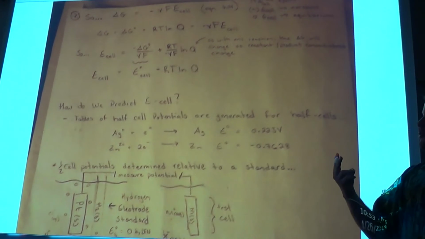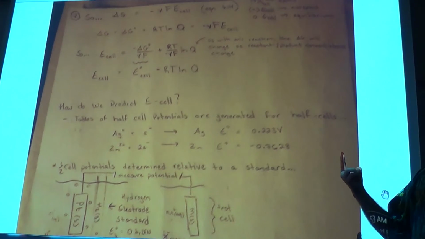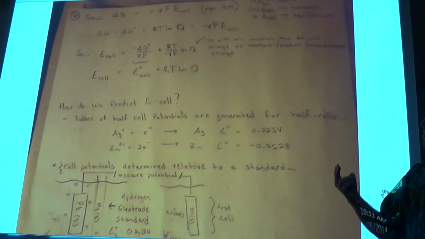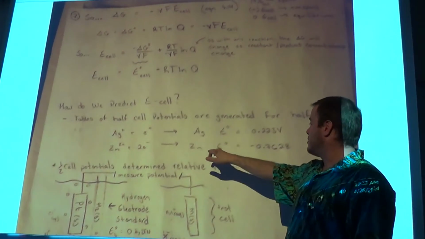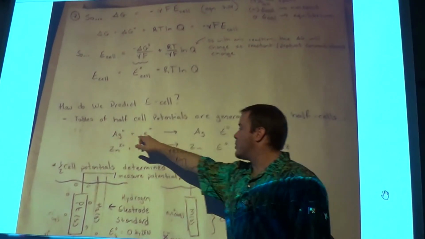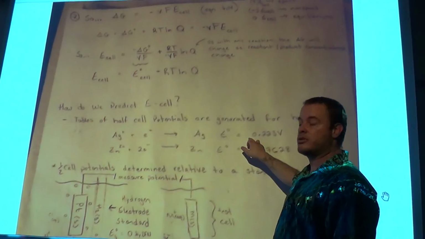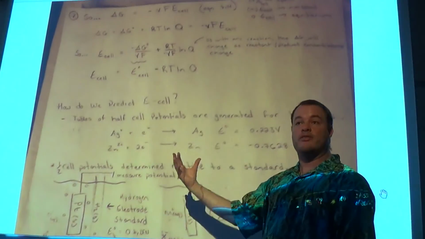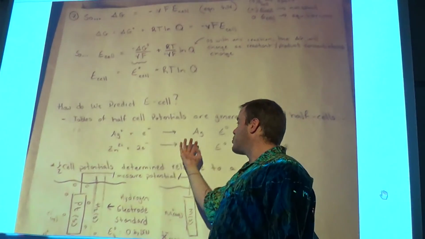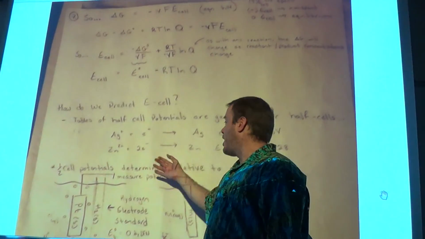You reverse the direction of the guy that's going to be oxidized. So in this case, if we had zinc and silver, we know that the silver is going to be reduced, and so it's written in the correct direction. The zinc is not going to be reduced. It's actually going to be giving up its electrons. So we'll flip that guy over, and we'll sum the two